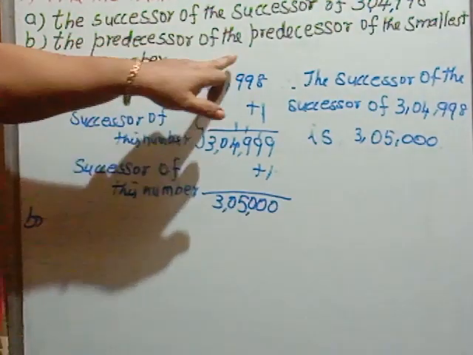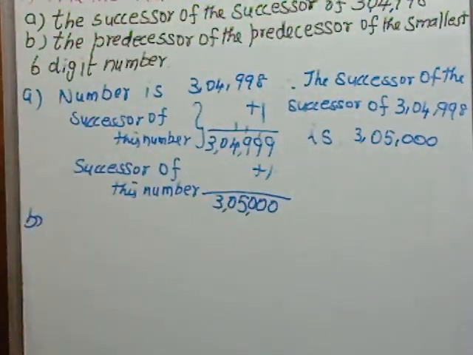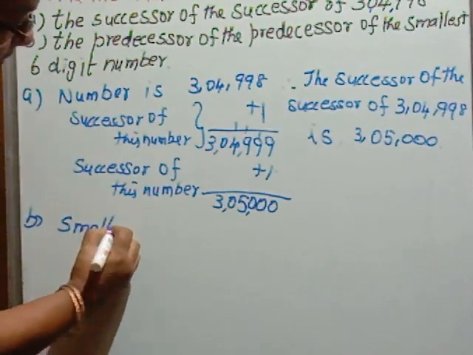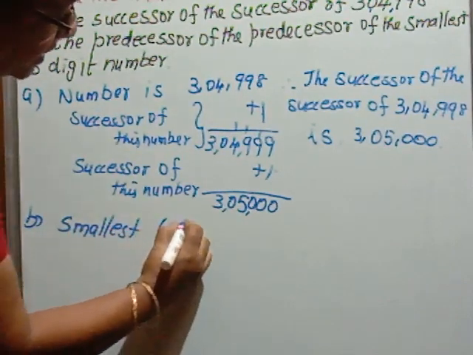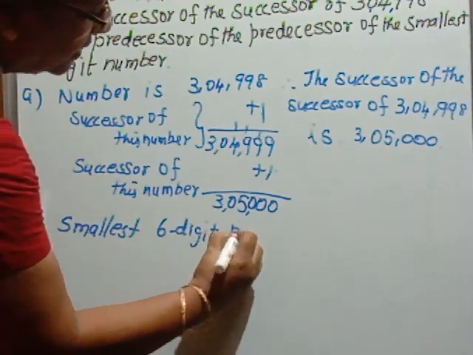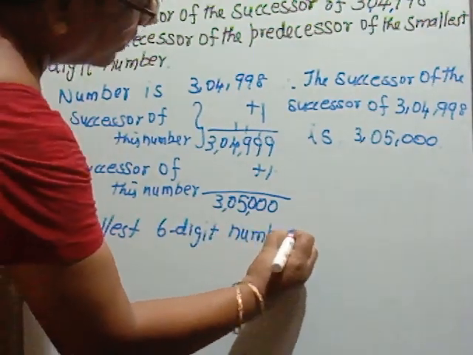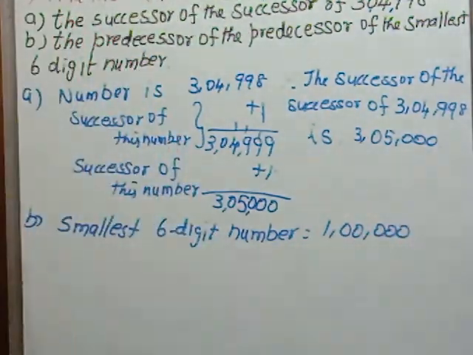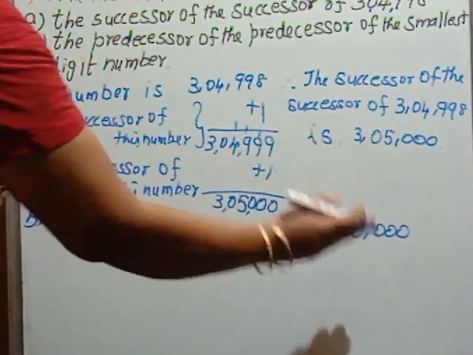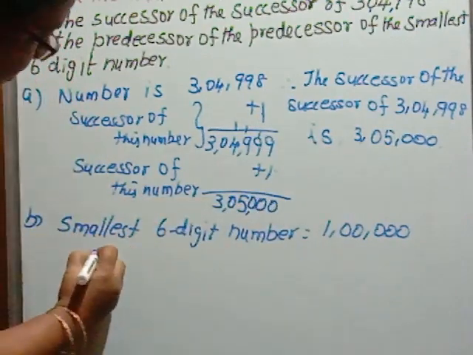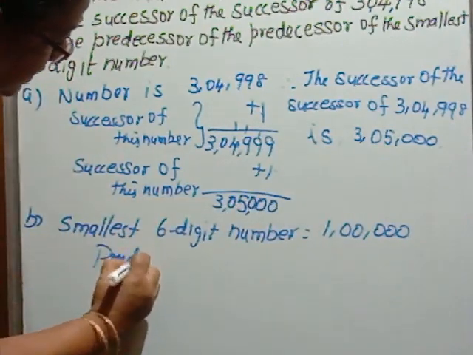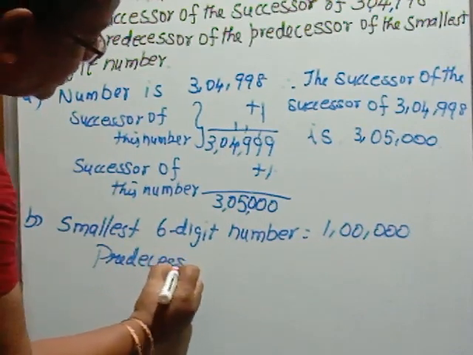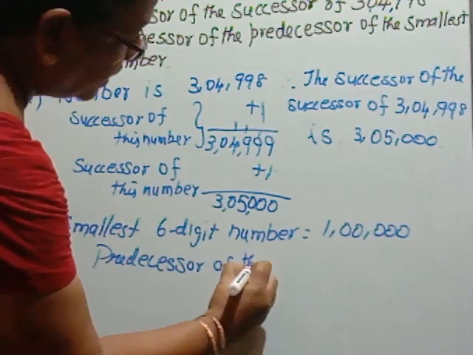The predecessor of the predecessor of the smallest 6-digit number. What is the smallest 6-digit number? The smallest 6-digit number is 1 lakh. Now we have to first find one predecessor from this. Ready? Predecessor of this number is,